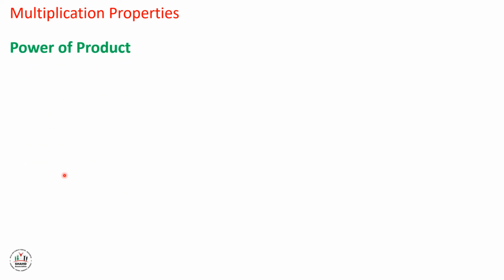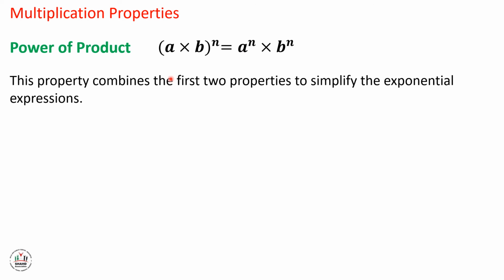So the third multiplication property is how to solve power of a product. So when we have two bases or two numbers to the same power, this power will go to each of them. يعني لما يكون عندنا رقمين مضروبين ببعض between parentheses of course to the power n، هاي ال n حتروح عند كل رقم فيهن. And this property we use it to combine the first two properties to simplify the exponential